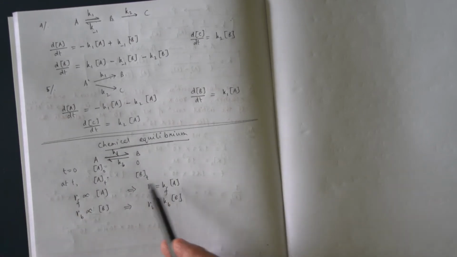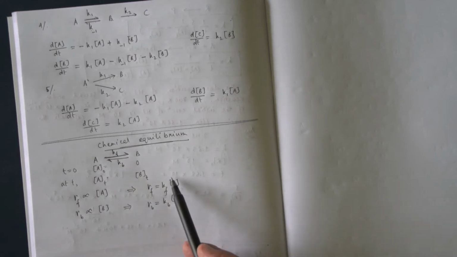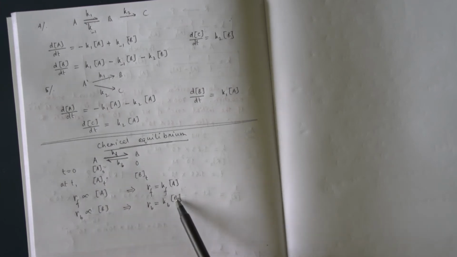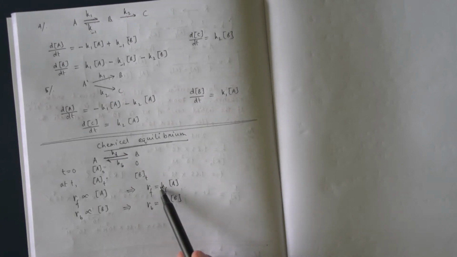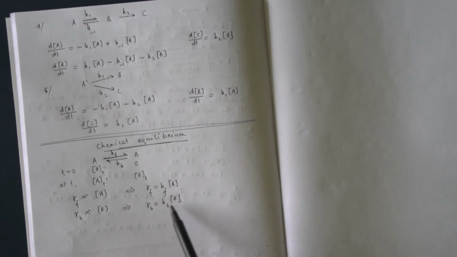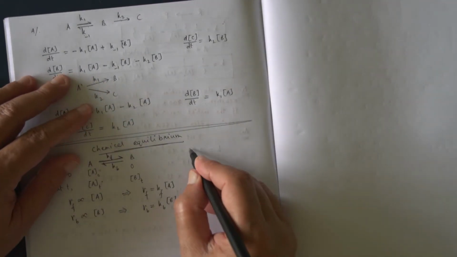Now you see, as time passes, concentration of A decreases. So speed of forward reaction decreases. But as time passes, concentration of B increases. So speed of backward reaction increases. Speed of forward reaction decreases because A decreases. Speed of backward reaction increases because B increases. So if we show it graphically,